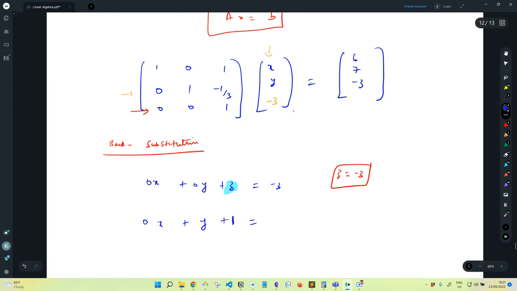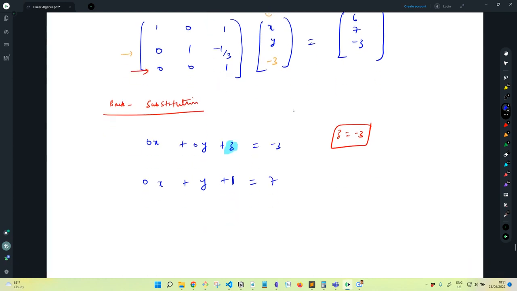When you multiply this entry with minus 3, you get 1, so y plus 1 equals 7. Again, do you see what is happening? Because you had the entries below the leading diagonal to be 0,